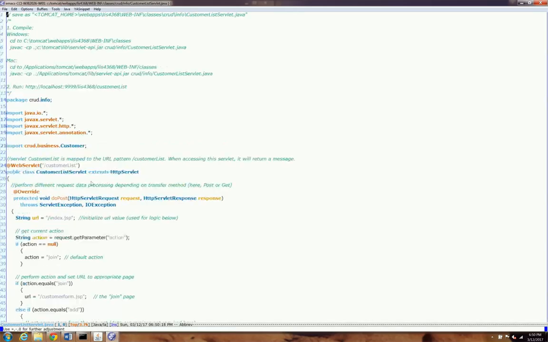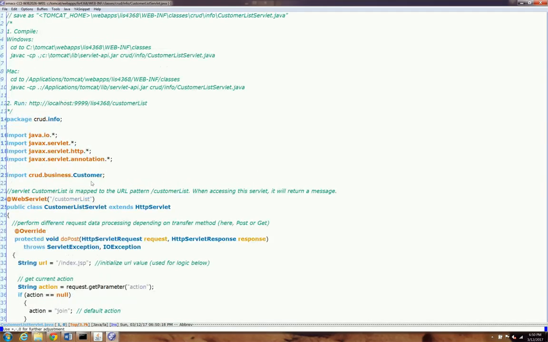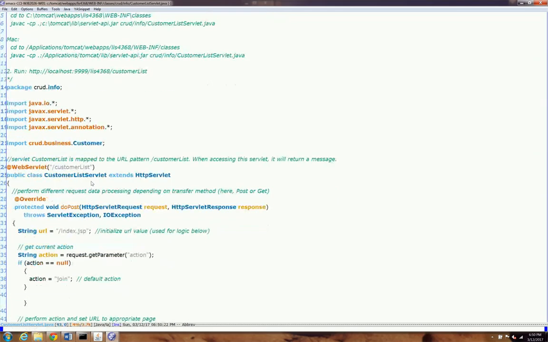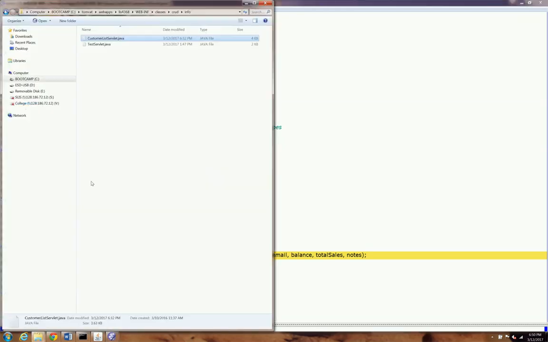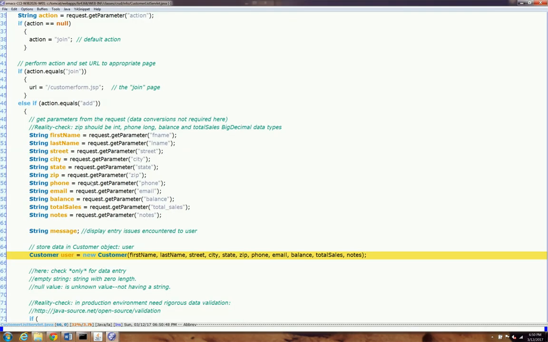I just want to explain this line by line, just so that you understand what's going on. We already went through the logic here, and if it contains add, in other words, the user clicked the submit button, we're going to capture all the user information. We're going to declare a string variable called message, and then instantiate a customer object, remember, from our customer class. It's coming from business, from our customer class right here, that we